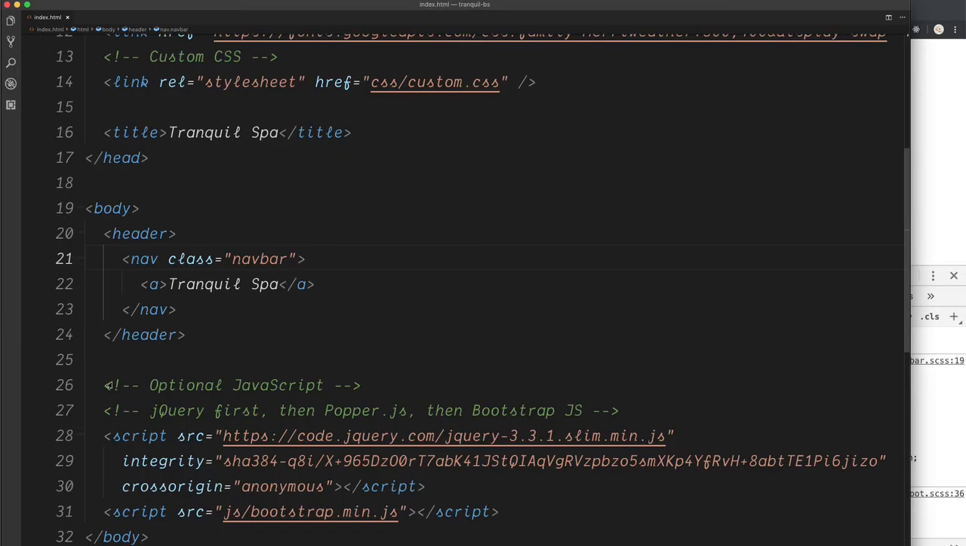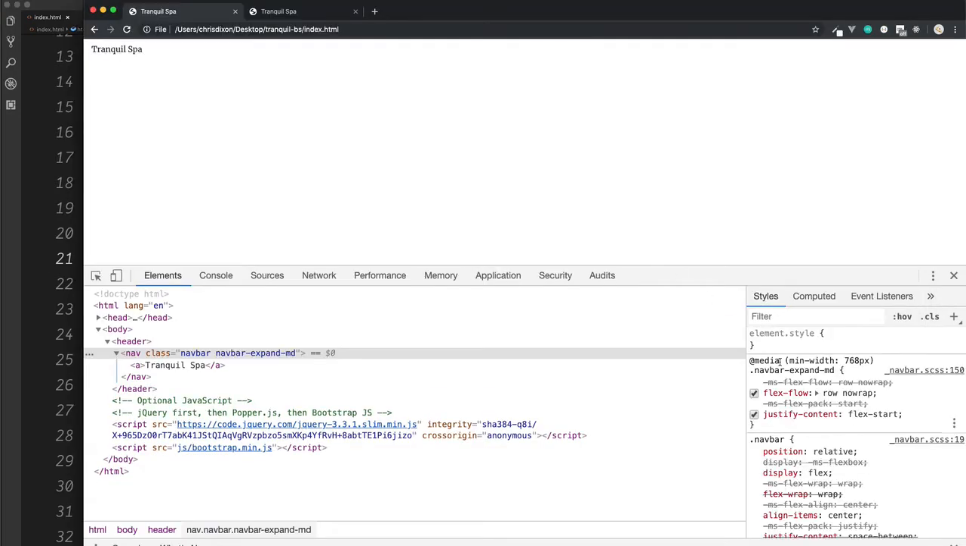We can add additional classes to this too. So just after the navbar, I'm going to add navbar-expand-md. Give this a save and these styles will apply over the medium-sized devices. So if we reload this, we can see in the media query, these styles will